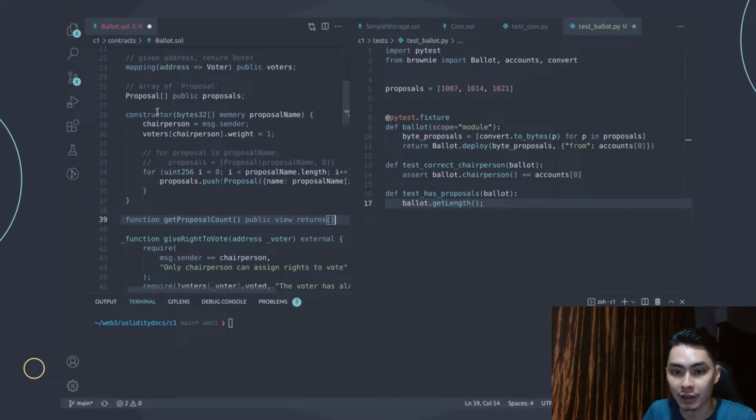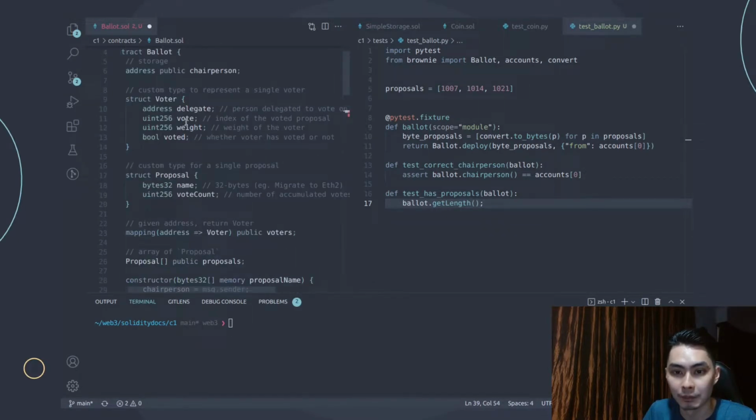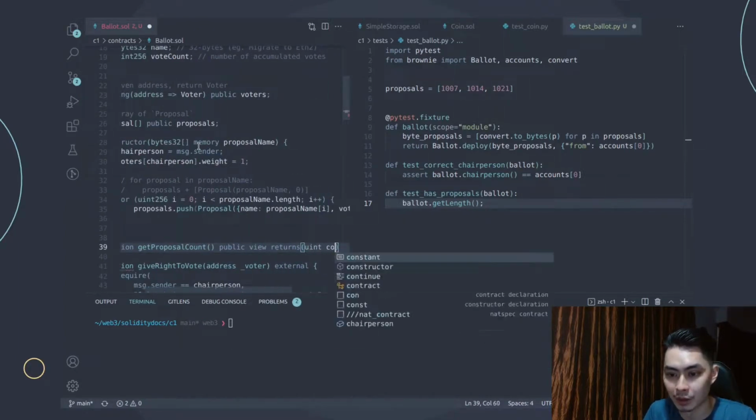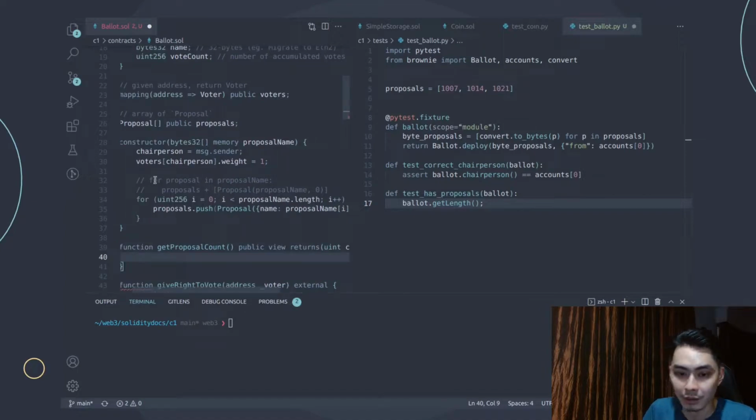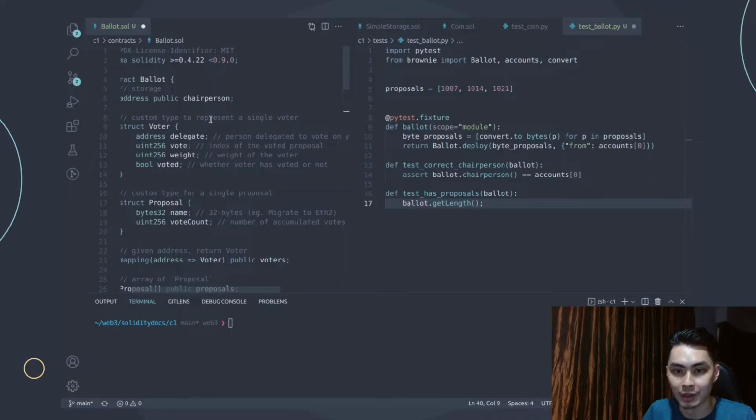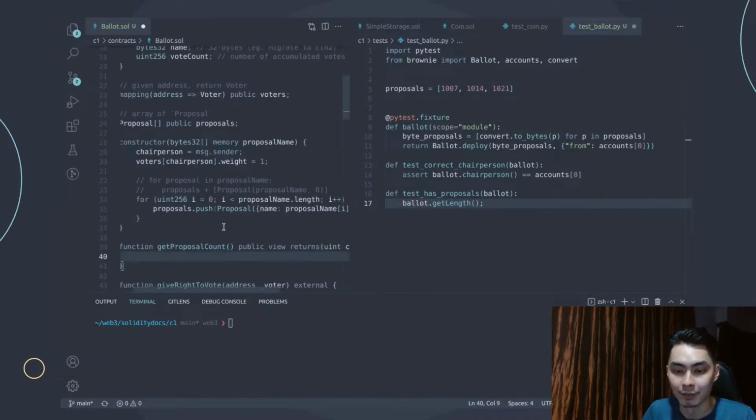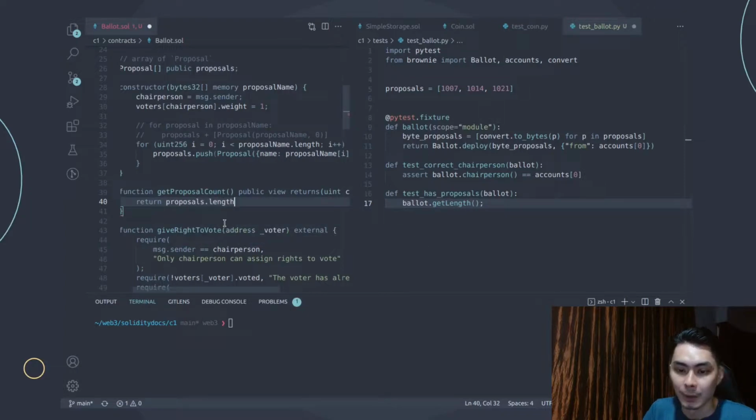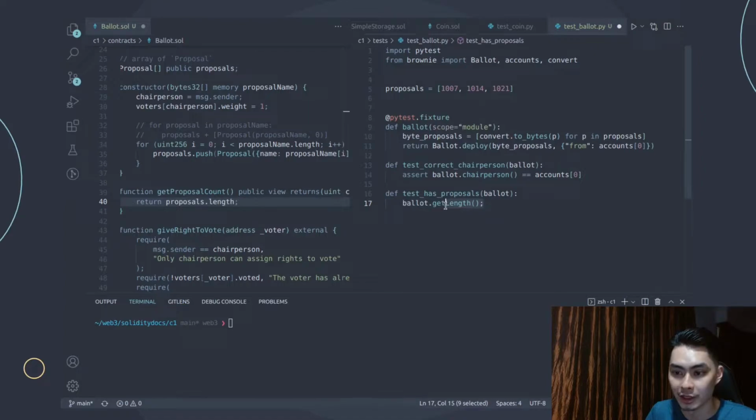And in this case here, where's the count? I mean, it can just be anything, just int count. And here is where you return the length of the proposals. Where is the proposals? That's here. So we can just say return proposals.length. If you do this, then you now have a view function that you can use, and you can just say get proposal count,